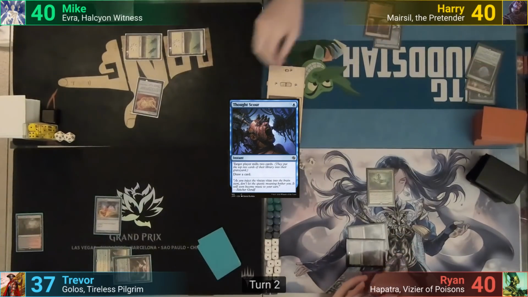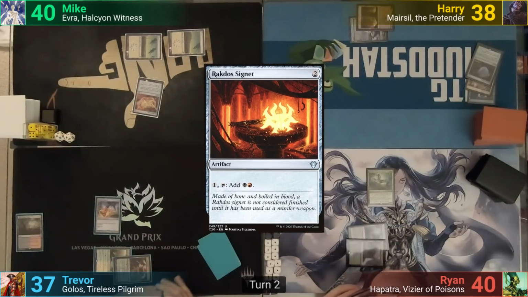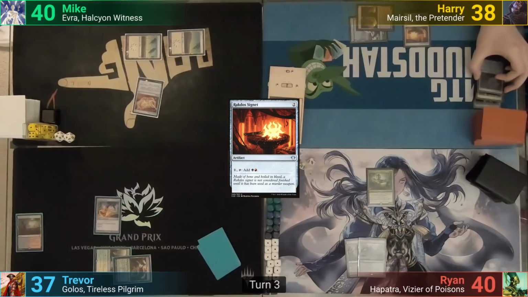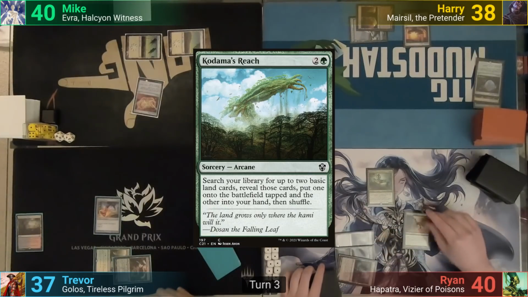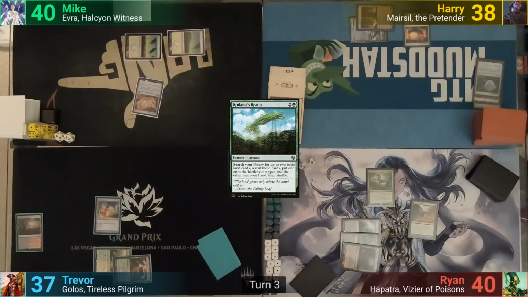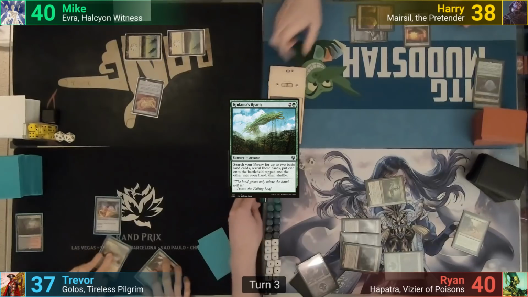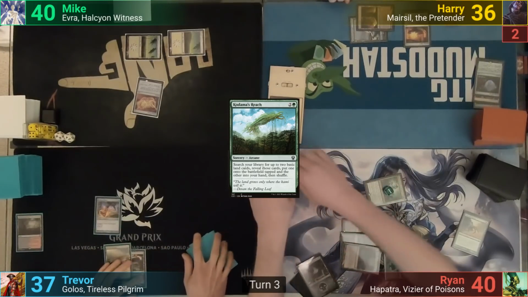Harry draws and then shocks in a Blood Crypt and casts a Rakdos Signet. Ryan plays a Ghost Quarter and casts Kadama's Reach, going to find a forest and a swamp. He puts 1 to field and 1 to hand. He swings at Harry with Hapatra, and upon connecting, puts a -1/-1 counter onto her and makes a Snake token,